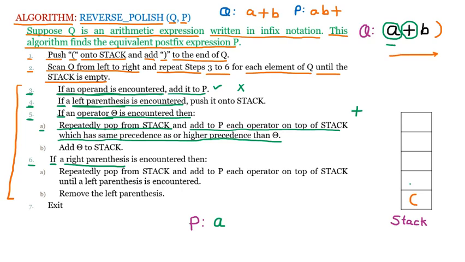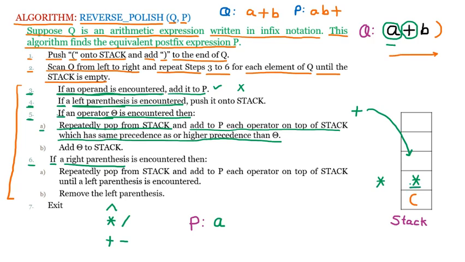But if somehow we had placed a star, then what happens? Let us suppose that star is placed into the stack, then we have to check the precedence. We already know the precedence of operators: first we have the highest precedence of power, then the star and slash with equal precedence, then plus and minus. Now this plus is going inside the stack and star is already present. I am assuming this case.